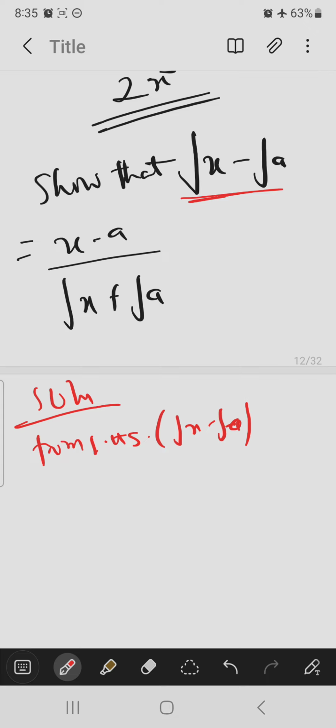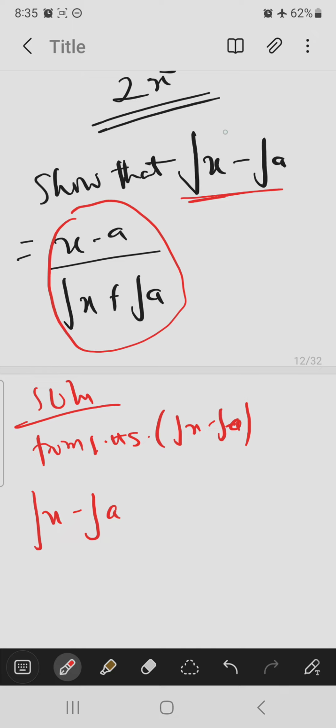So now when you want to rationalize this, we have root x minus root a from the left hand side. They say it equals this, but I want to prove this right hand side. I want to prove that the left hand side is equal to this right hand side. I want to prove it for you. So what I want to do is that